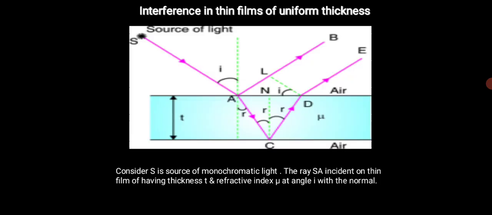Now here we are going to start with the derivation. Interference in thin film of uniform thickness. So what is uniform thickness? The thickness is constant. Now in our diagram we have the thickness for the thin film as T, which is constant everywhere. Okay, then S. What is S? S is the source of light, which is a monochromatic source of light. The light is incident at an angle I with the normal on the thin film. Then what happens? Part of light gets reflected and travels along AB, and part of light gets refracted and travels along AC. Again from point C it will get reflected and travel along CD, and then it will emerge out and travel along DE. This is the description about the diagram. Then both the rays are derived